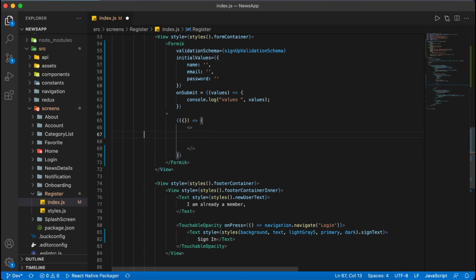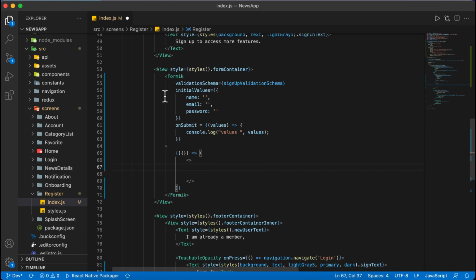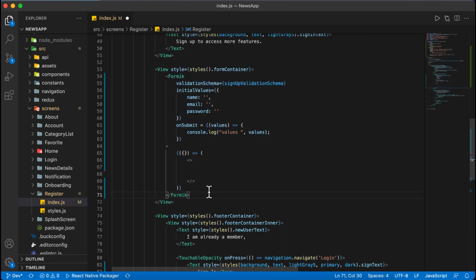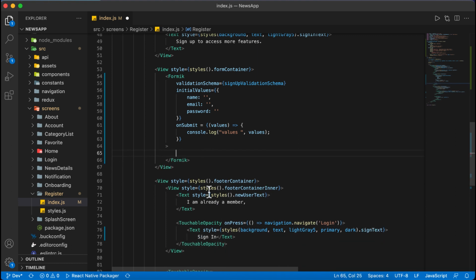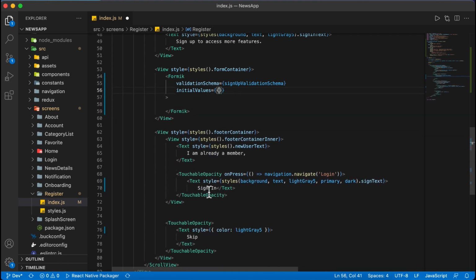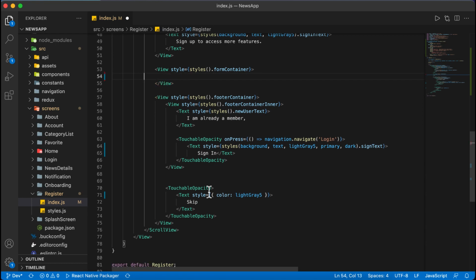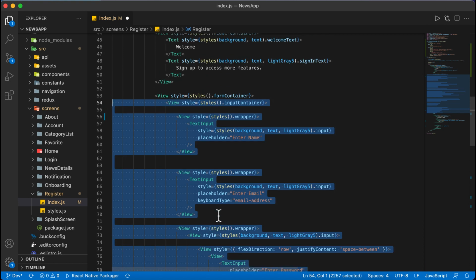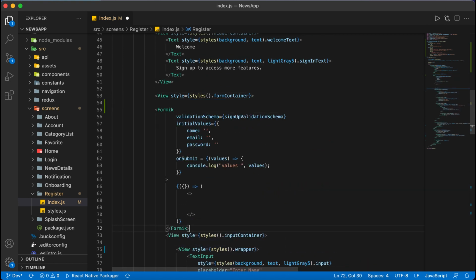Then we'll paste everything that we had. I made some mistakes, so now I'm not able to paste because here I did one cut operation. So what I will do, I will copy this one, then I will press Ctrl Z, or on Mac Command Z. I will bring back everything I did. Now you can see that everything is here. So I will paste the code here.